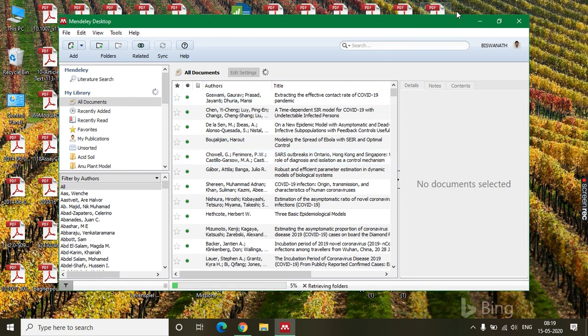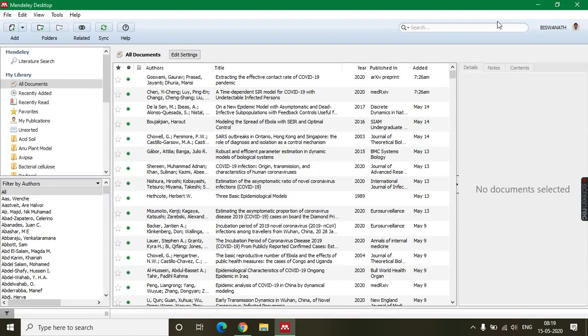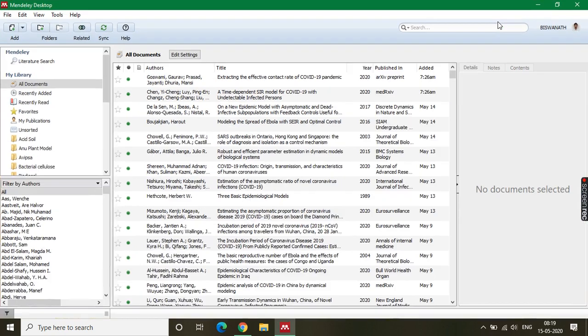And you see, for me, it is already logged in automatically, so it is logging in with my email id and password. For you also, you have to log in. Maybe you can log in every time, or maybe you keep it logged in on the system, so whenever you switch it on, it will be logged into your account. So this is the very first thing. Mendeley desktop is actually a local app that is installed in your computer.